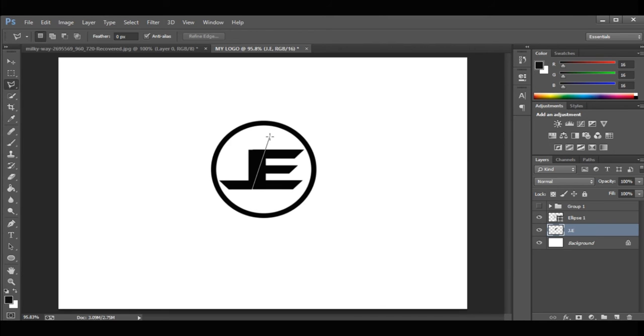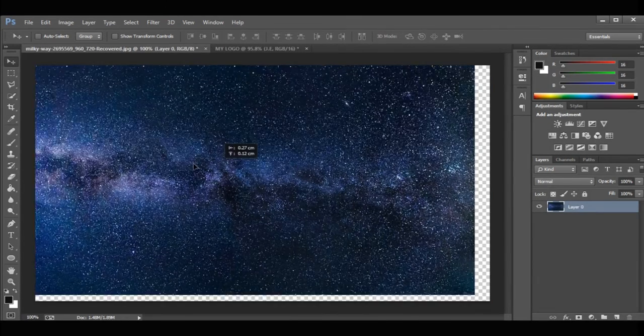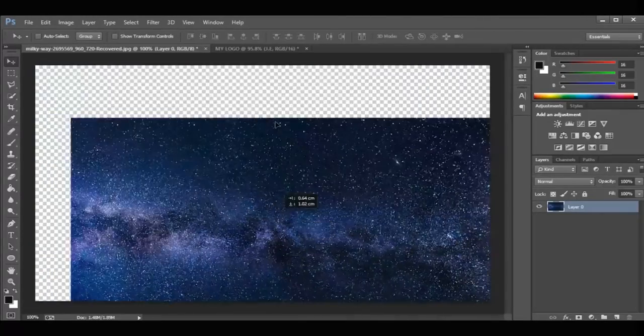Okay. Need to have something. It's okay. Yeah, then I'll press delete, then Control D to deselect. This is looking nice, and I'll pick up the Milky Way wallpaper